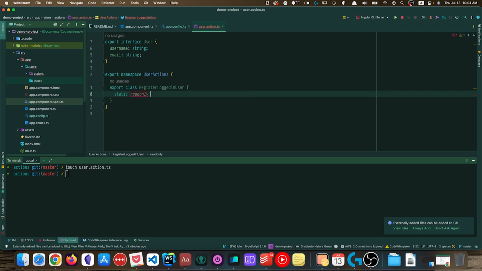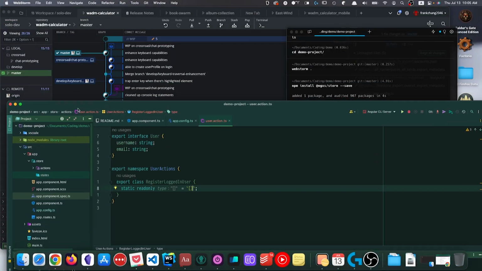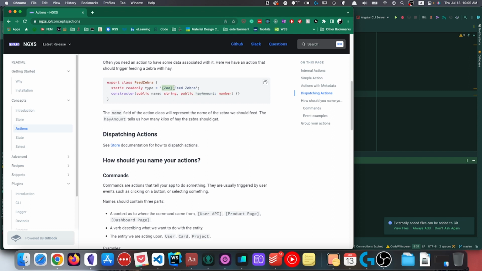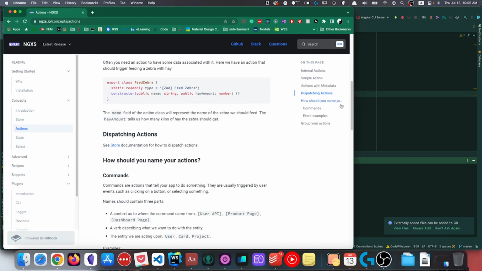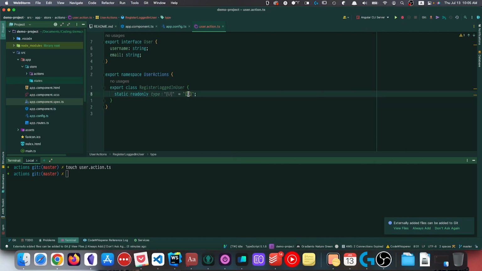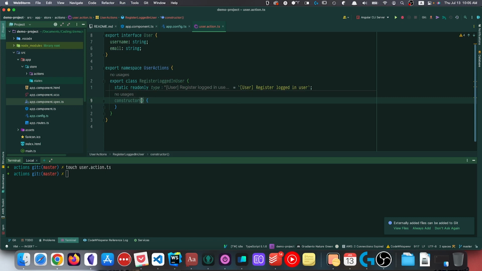remember the static readonly type property is going to be the name of our action. The naming convention, if you take a look at the documentation, is to have square brackets delimiting the name of the state that this action will be affecting. So in our case, we're trying to do something to the user state. What about the casing? Okay, so it's just capitalized. So it's going to be User State, and the name of the action is typically in alignment with the name of your class. So it's going to be Register Logged In User, and inside of the constructor we're going to